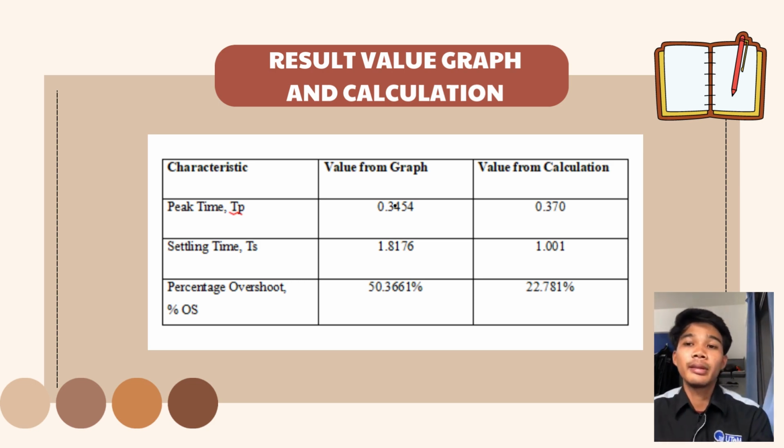Next is the percentage of the overshoot. There is some difference between the graph and the calculation. The graph shows the value is 50% and from the calculation it is 22.781%. This might be because of an error in the information keyed into MATLAB. Thus, the percentage can be assumed from the calculation, which is